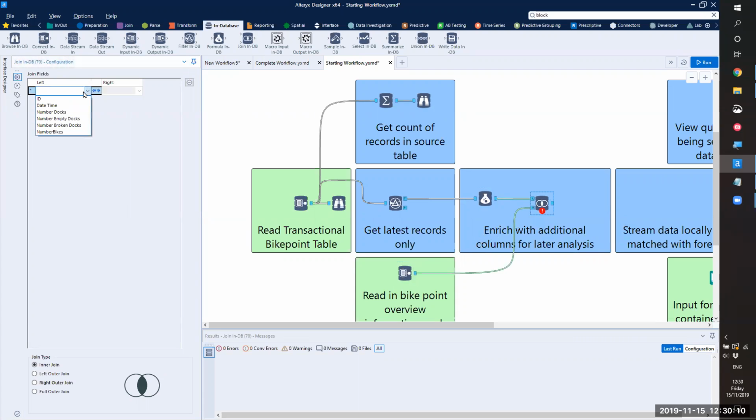So if we can remember, our common field is our ID field. We're also keeping this as an inner join because we don't really want information for our real-time problem about docs that haven't had any activity in the last hour or so. One thing you notice about this join tool, like I said earlier, is that it doesn't have an embedded select tool, and sometimes this can